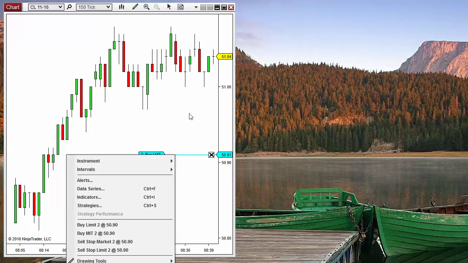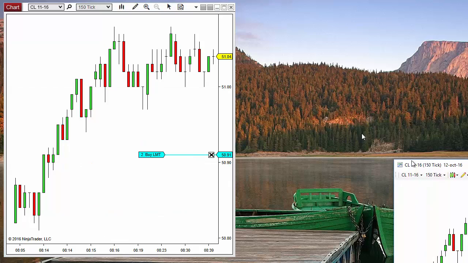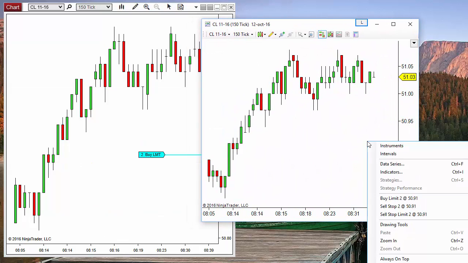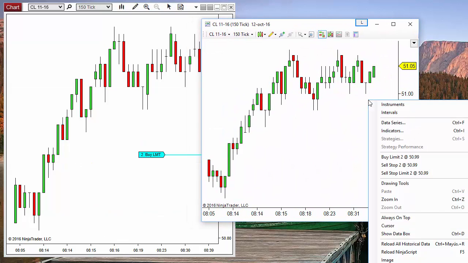On Ninja 7 we had only 3 options. Below the market we were able to buy with a limit order or sell with a stop order or stop limit. So for the long side we had only one option